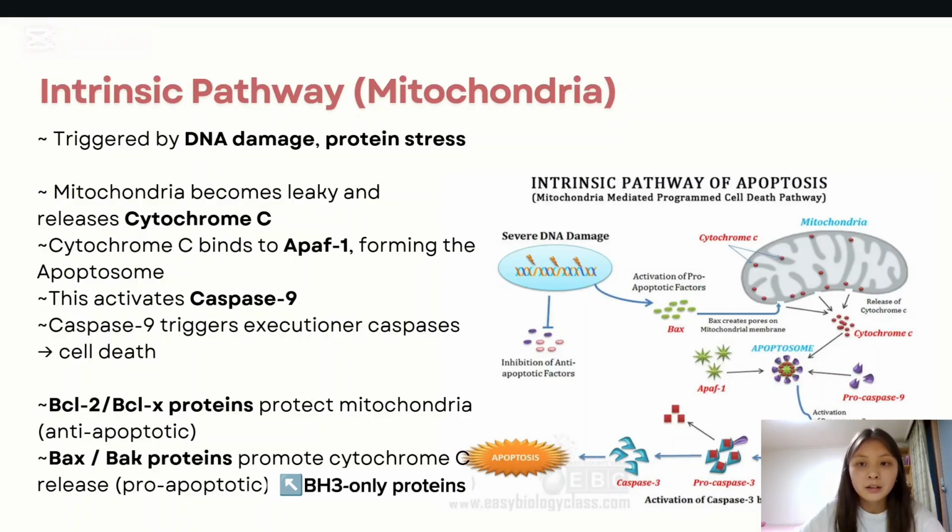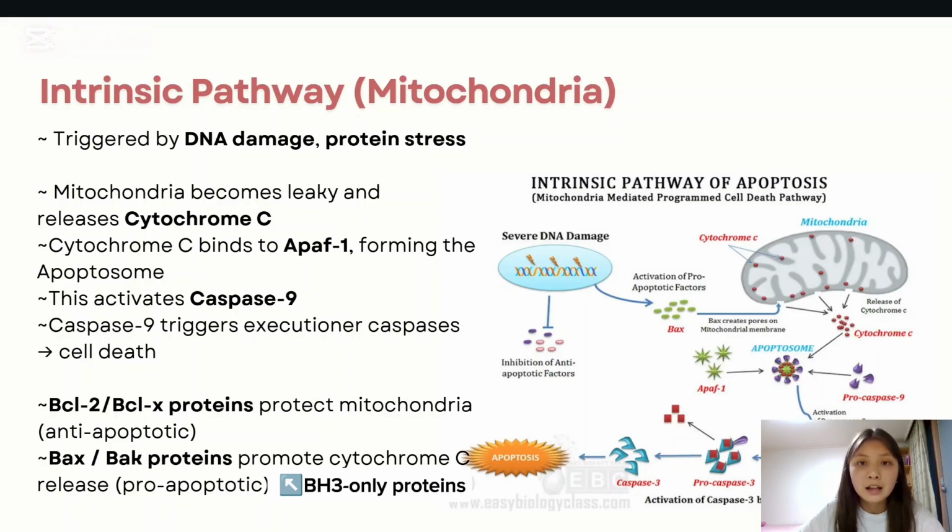However, when death signals come to the cell, for example, the DNA is damaged, or proteins are misfolded, or there is oxidative stress, these BCL2 and BCLX proteins become blocked by apoptotic proteins called BH3-only proteins. They block the BCL2 and BCLX proteins, so the cytochrome C leaks into the cytoplasm, and in the cytoplasm it